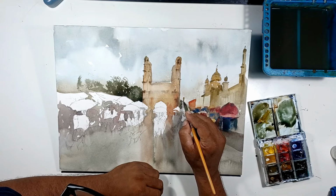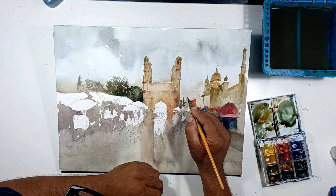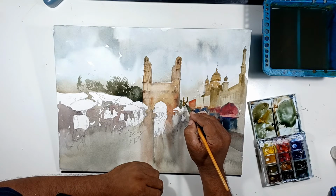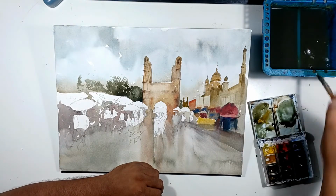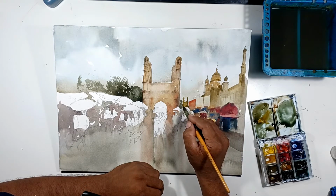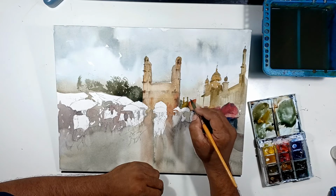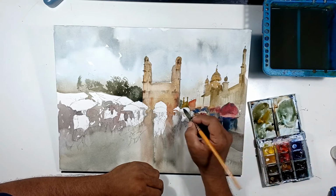And so try to keep it a little lighter, not very very dark. So first I made it, and then what I will do is I will put water and reduce it. Okay. And then